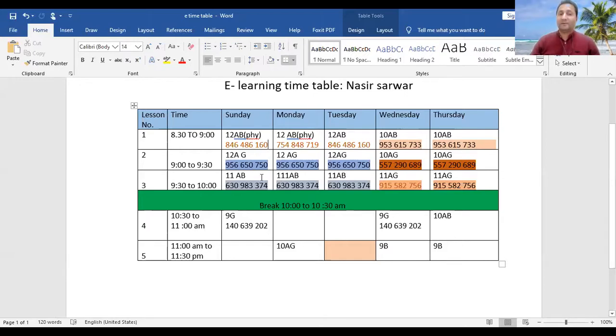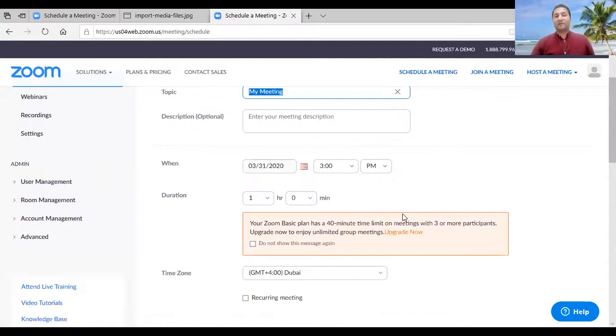These IDs will be given to the students in their timetables, and they will use these IDs to log in to their Zoom, and they can come and take the class at their home. So these are the IDs we will generate, and every teacher will generate and fix them in their timetable, and that will be shared with the students. Okay, I will go back to the previous page. I want to show you, the page was like this. This is the page where we will generate the ID, and that ID will remain the same.